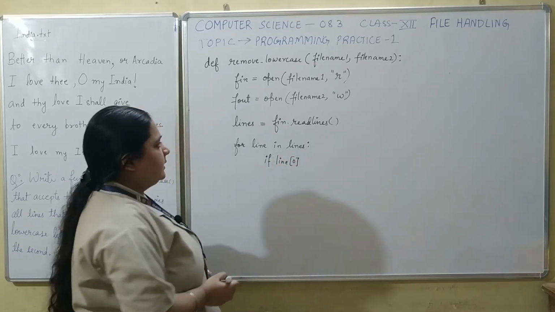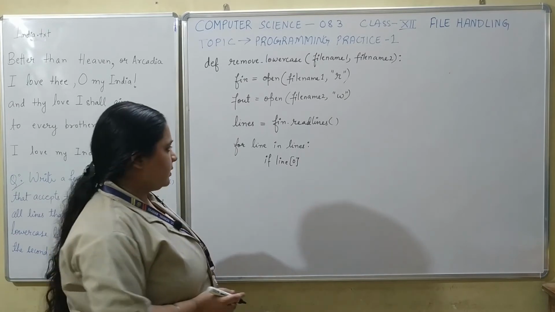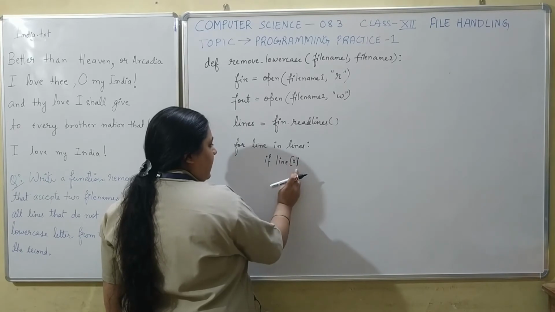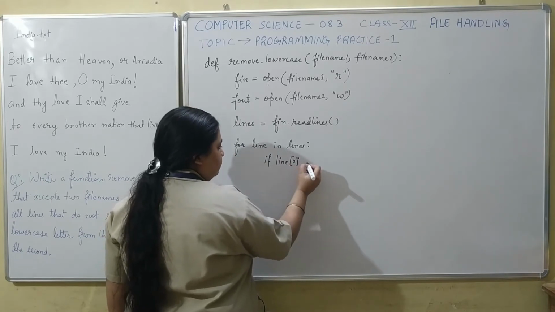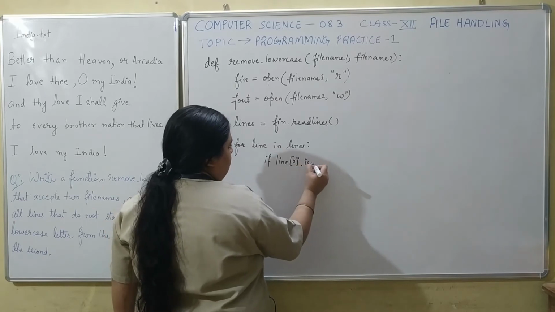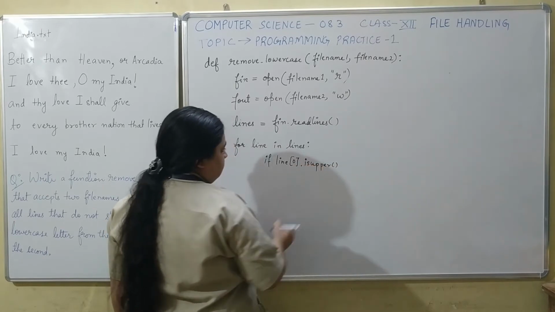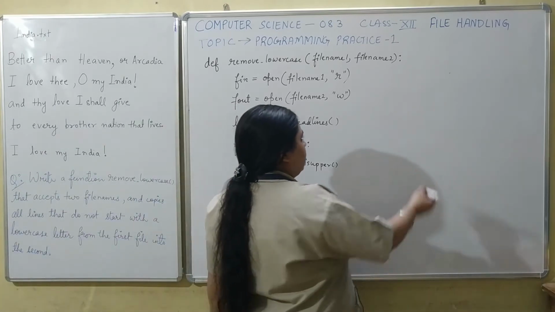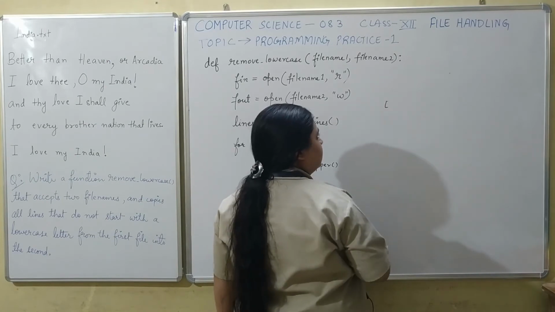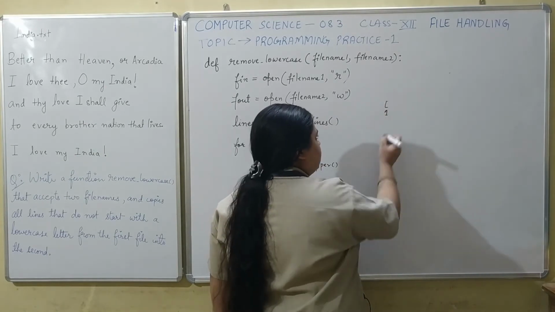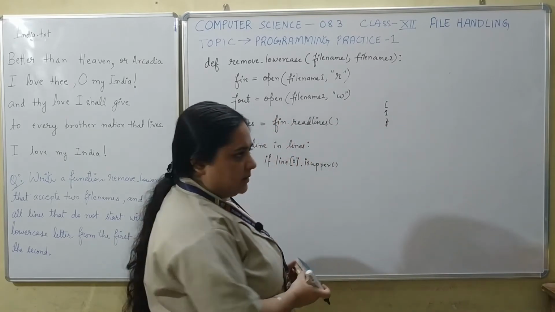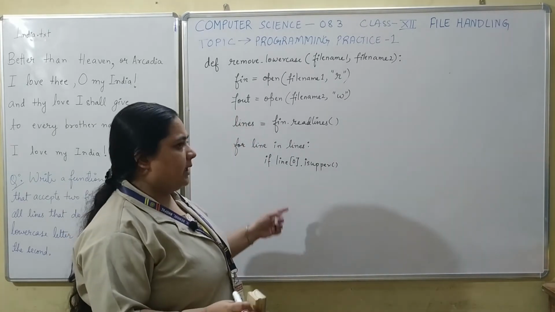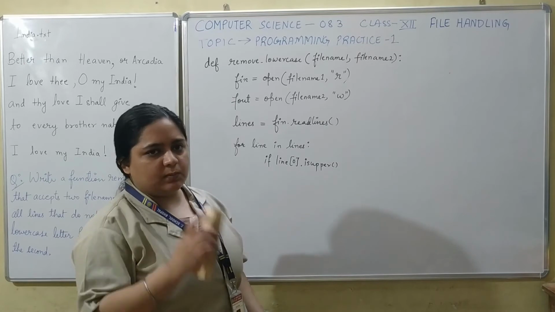because we need to check whether it is starting from a capital letter or a small letter. And because line is a string, we have taken the character at index location 0. Now if I write here is upper, according to this file it is okay, but sometimes it is quite possible that your first sentence may start with a bracket, it may start with a digit, it may start with any other special symbol. Okay, so we need to consider all those cases also. We have to exclude only those lines which start with a small letter.